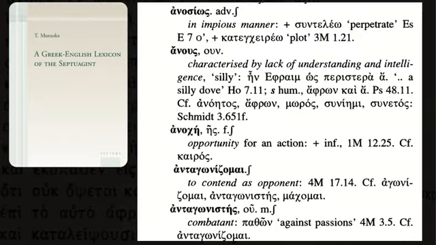So here is the page where you can find that word that we are curious about, anous here. And you'll notice it's fairly standard for a lexicon. This is an adjective, and so he provides the neuter ending there. And here is the thing I want to draw your attention to. Instead of giving just a simple word-for-word gloss like you might have learned in Greek 1 or Greek 2, here's how he describes it: characterized by lack of understanding and intelligence.